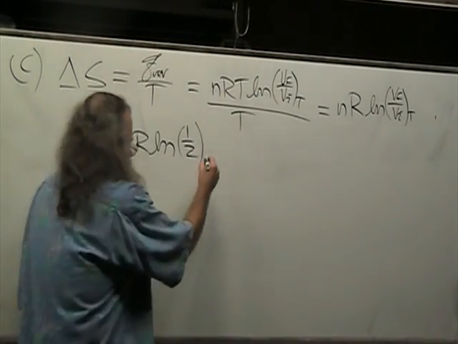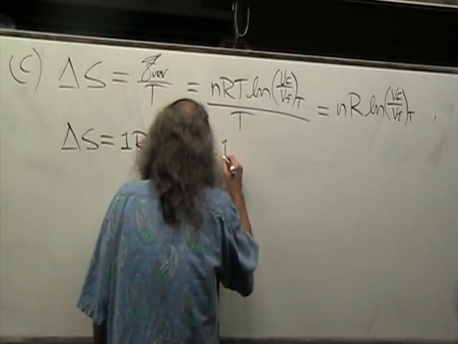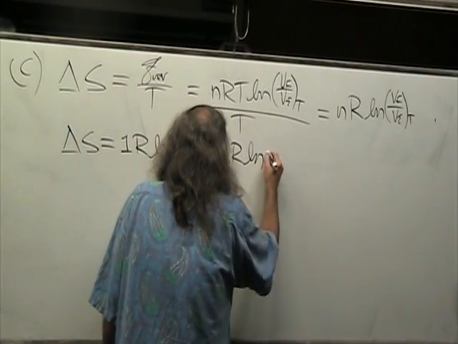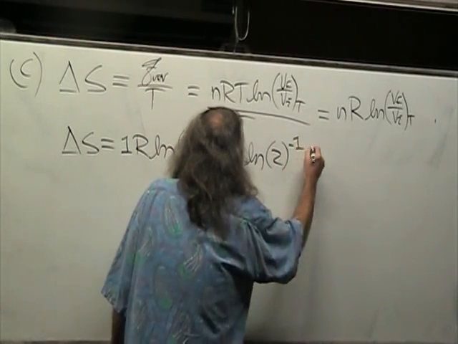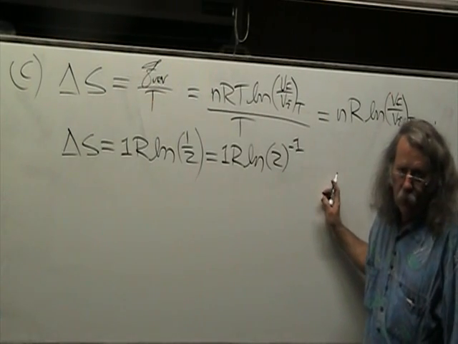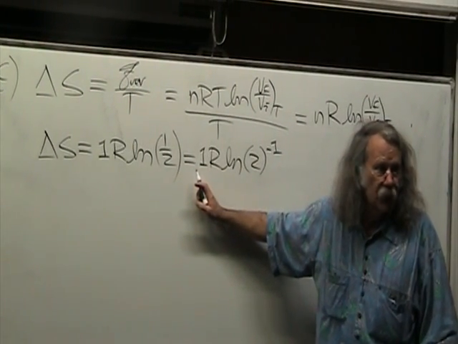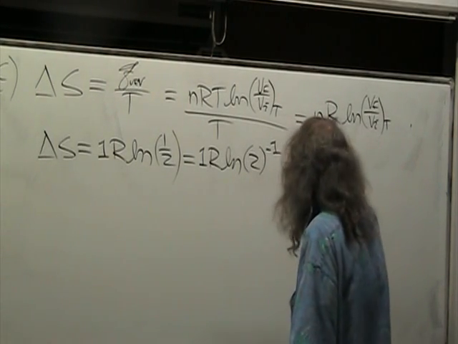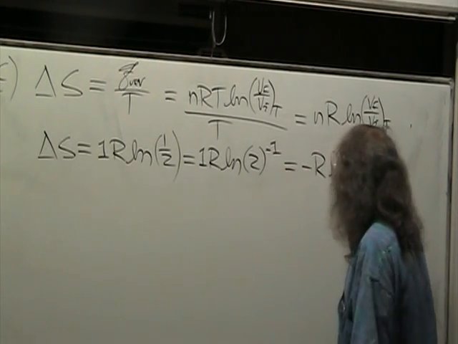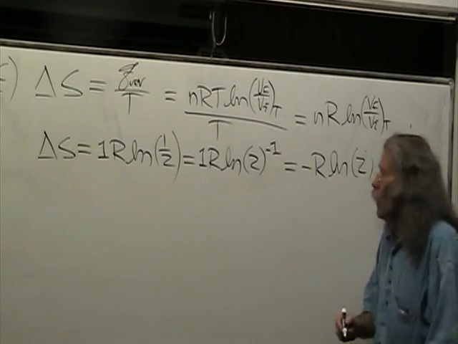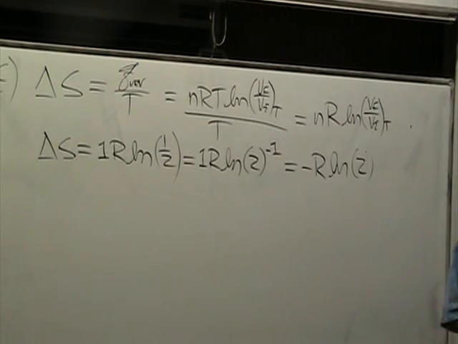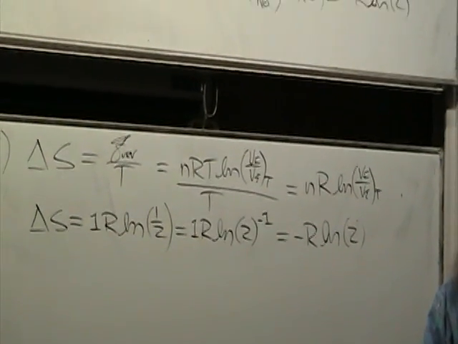And that is equal to 1 R natural log of 2 to the minus 1. And here again, we're just going to pull this through because the rules of exponents allow us to. And that's equal to minus R natural log of 2,